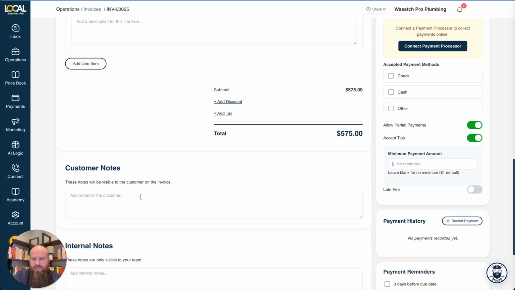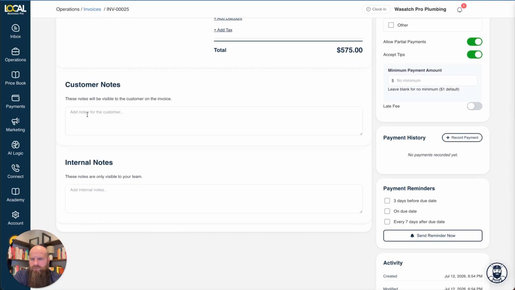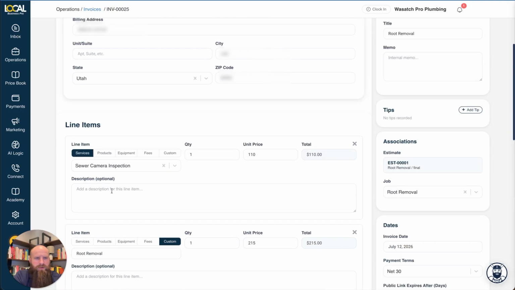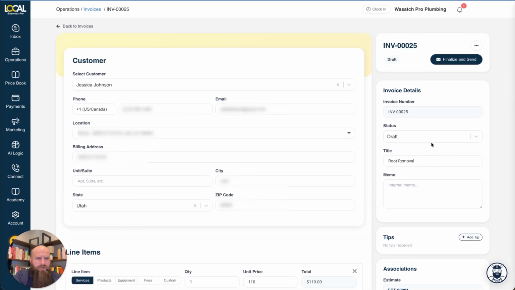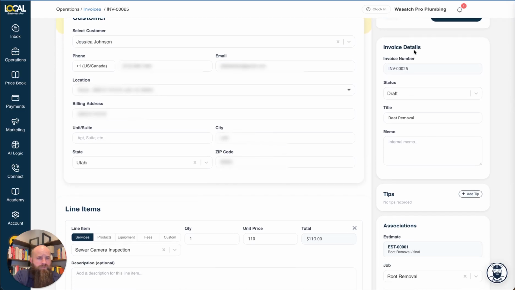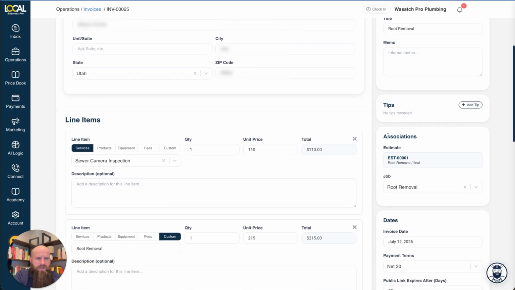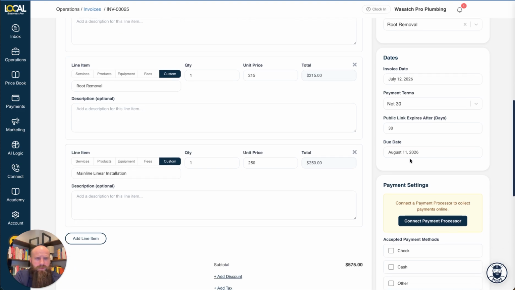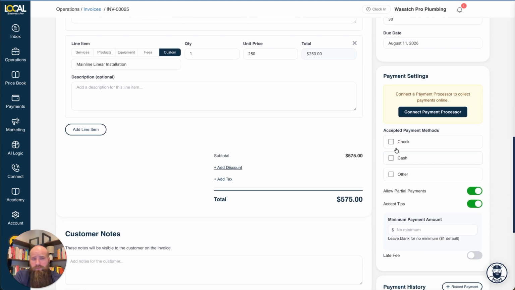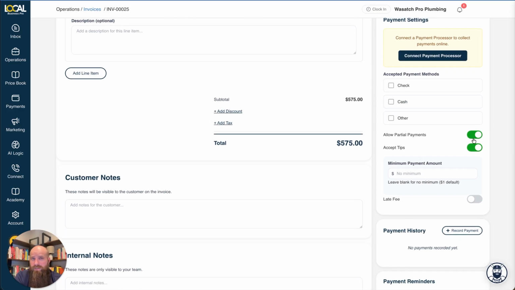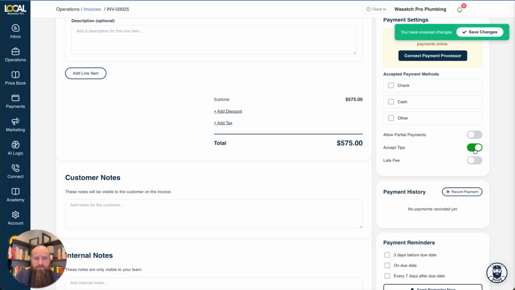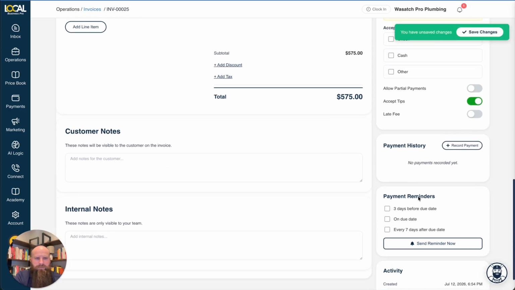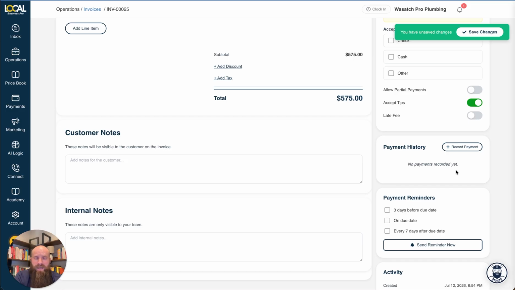Now, when I look at this, I got customer notes that I want them to see, internal notes right there. And if I come up here to the right, here you're going to see your invoice details, your tips, all the associations, the dates, when it's due, payment terms, the due date, and then if you have a payment processor connected, this account doesn't yet, you'll be able to say ACH, credit card, how you want to accept those funds, allow partial payments, or allow tips, and you want to apply any late fees,